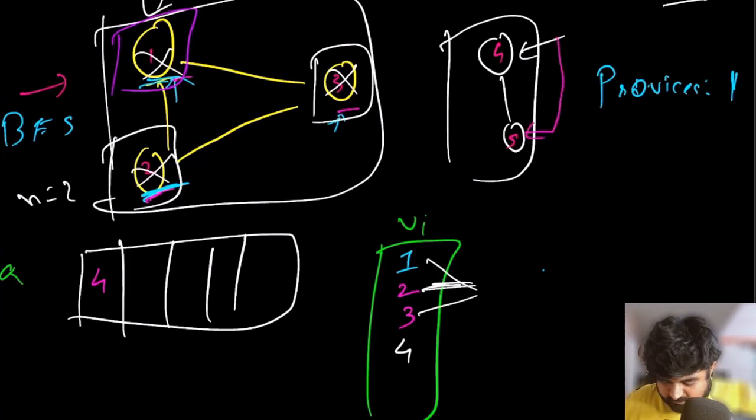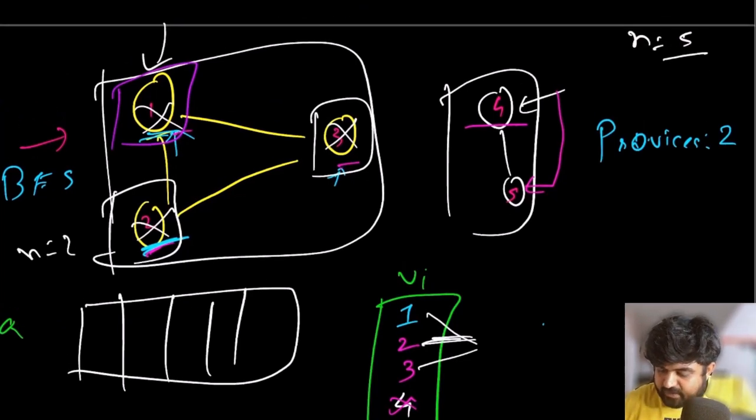So again, the moment we find a neighbor, we are going to increase the number of provinces to 2. We are going to add 5 to our visited list. We are going to add 5 to our queue, and then we are going to pop 4 out because we visited all the neighbors of 4. But we haven't visited all the neighbors of 5. Currently for 5, since 5 has already been visited, we do not care, but 5's neighbor 4 has also been visited, which means we also visited all the neighbors of 5. So now we get rid of 5.